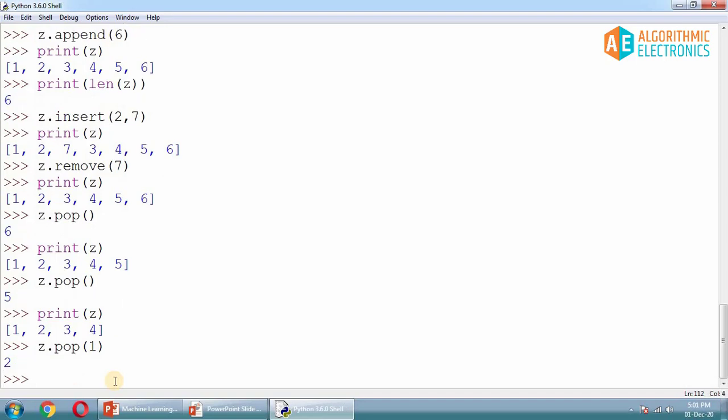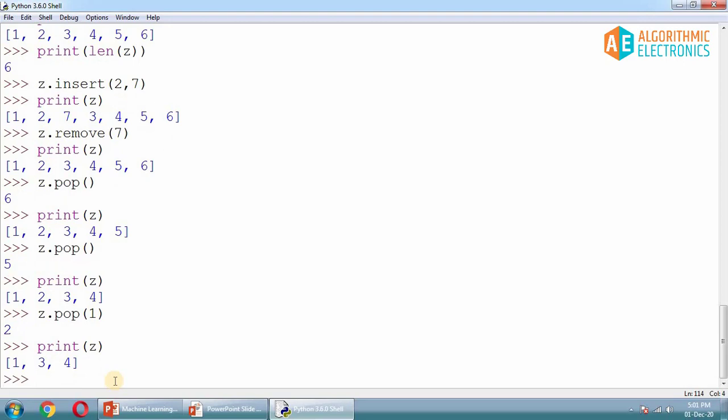And if you have to verify this, you can simply print this, and 1 3 4, the 2 is removed. So this is how it is possible to remove a particular element at a particular index from the list. Okay, now there is one more function that can be used to delete a particular element from the list. There are only 3 elements in the list: this is at index 0, this is at index 1, and this is at index 2.